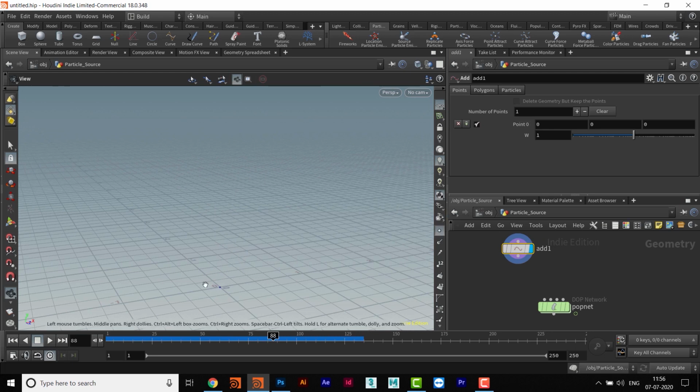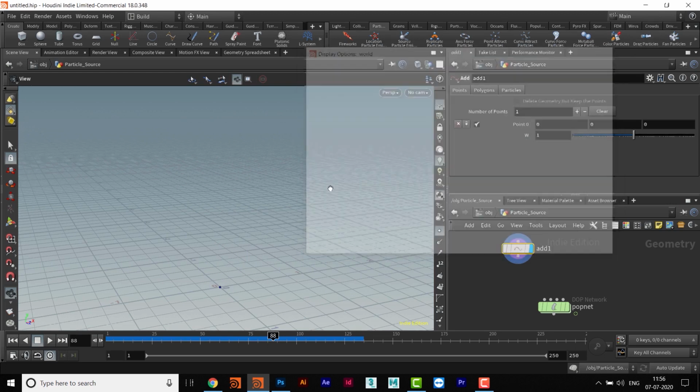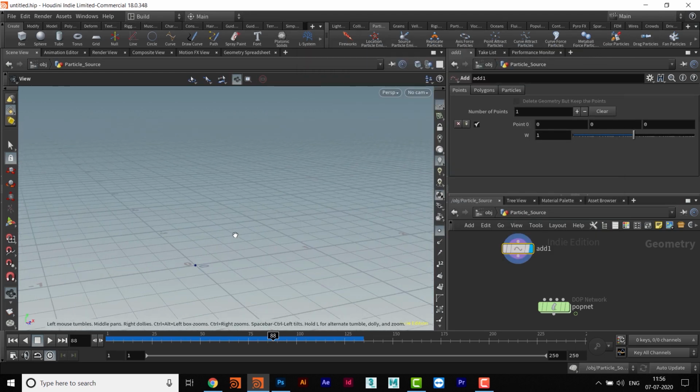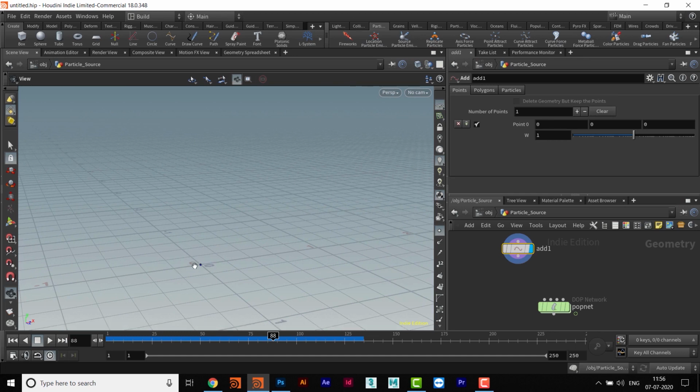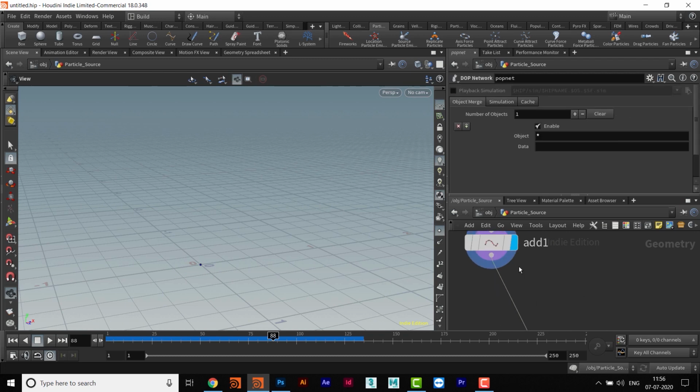So I'll come here and then I will go to D and increase this value also. Okay, so that point is there, and now I will be using this point as the source. I will take the output of it and connect it to the first input of the pop network, and now I will be using this as the source.